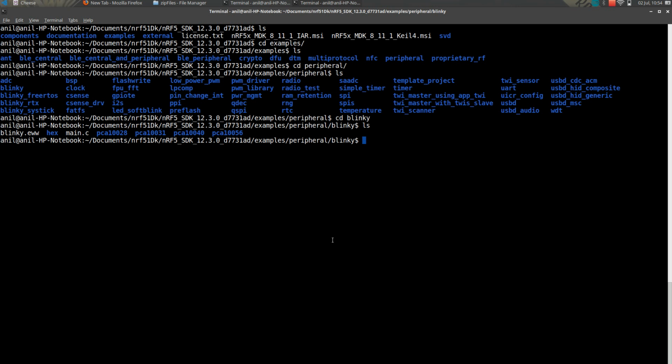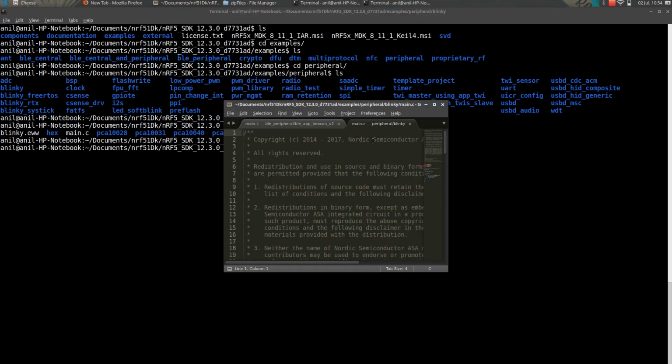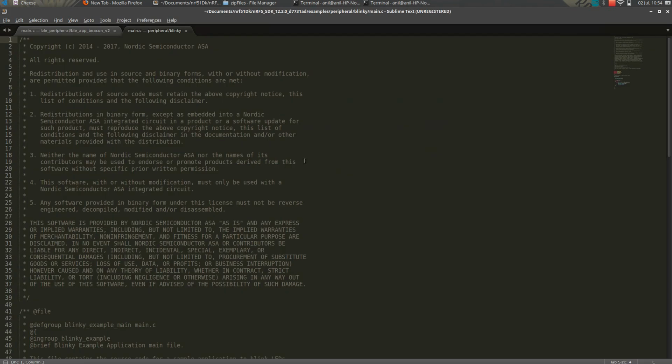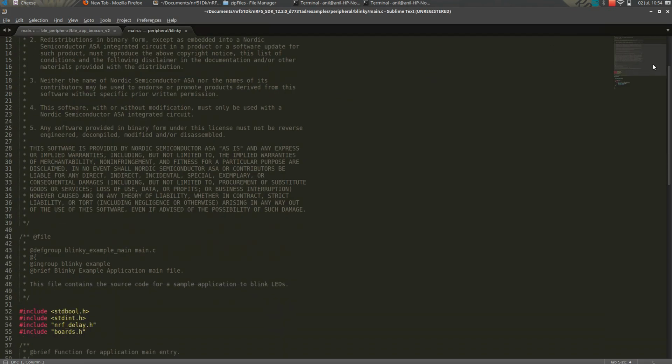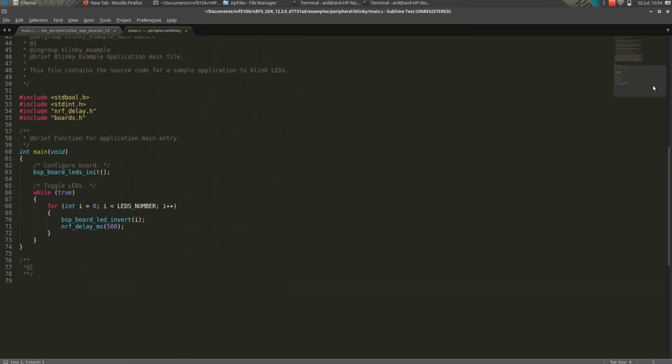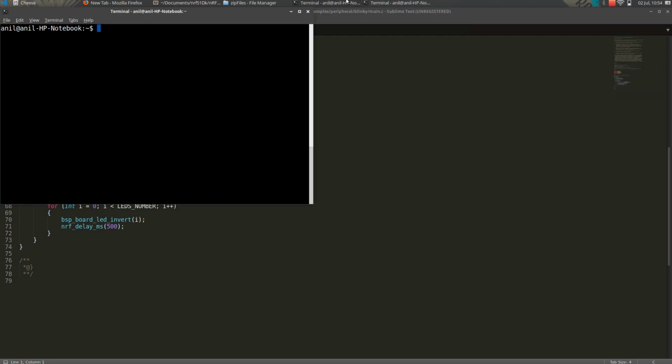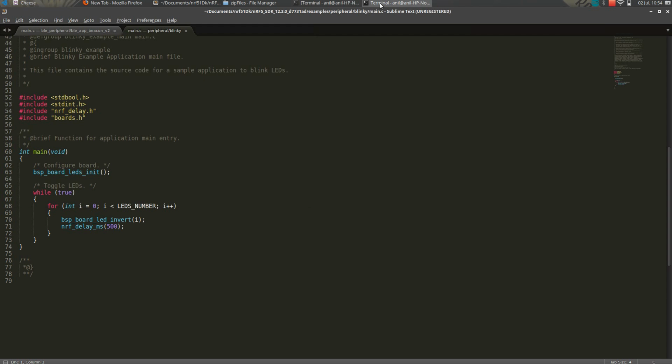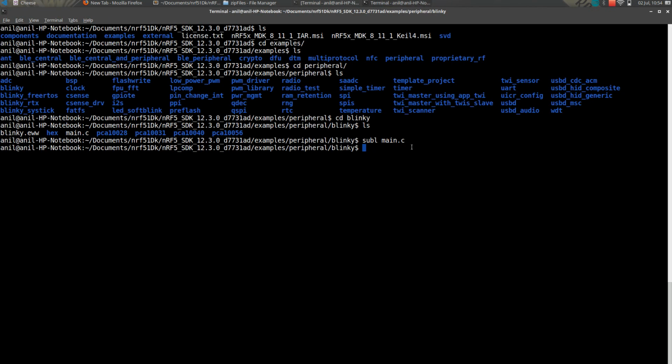Okay, so here there will be different PCAs. As you can see, this is a main.c file which will have all the code for our board. This is the code. To program this, we need to go to one of these PCA folders.